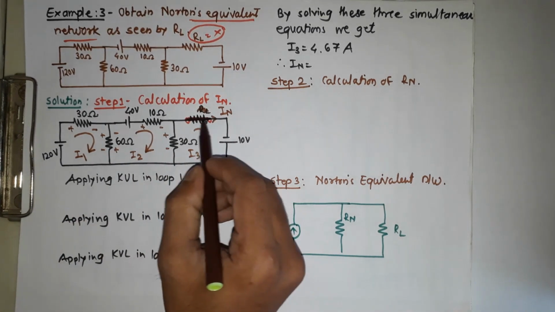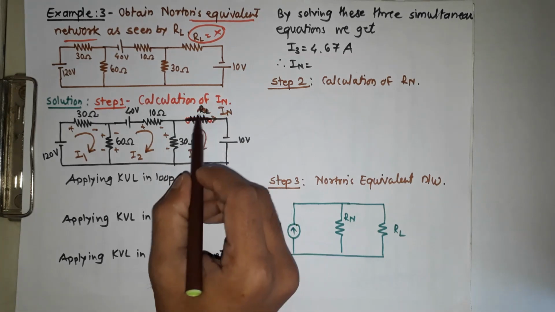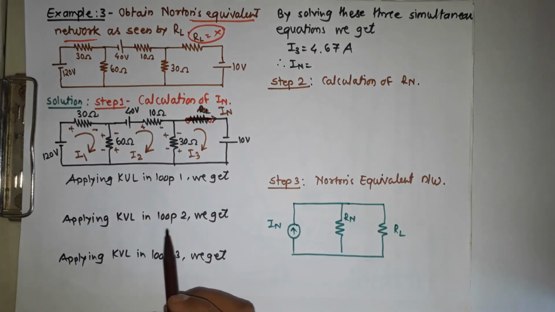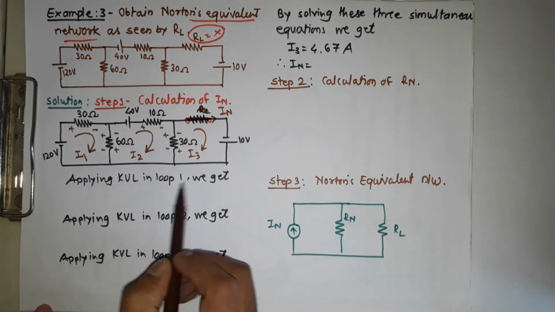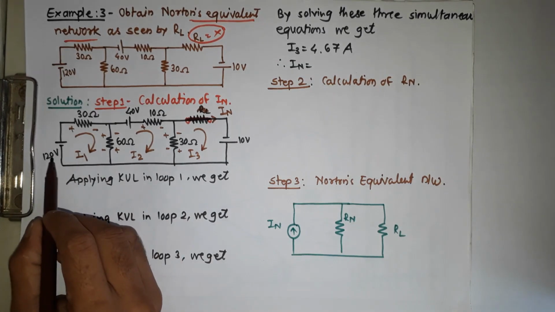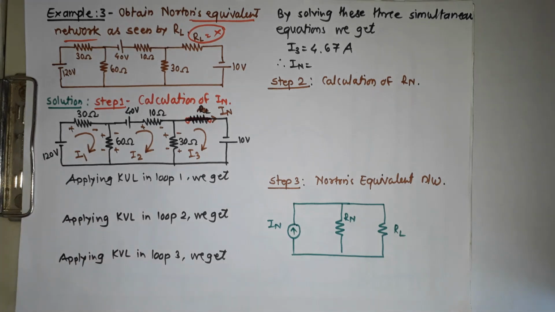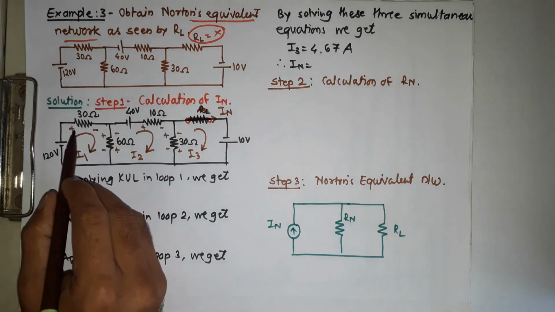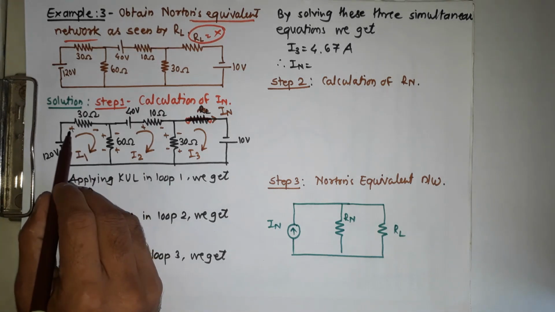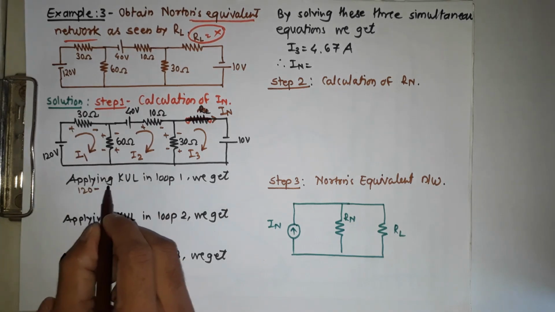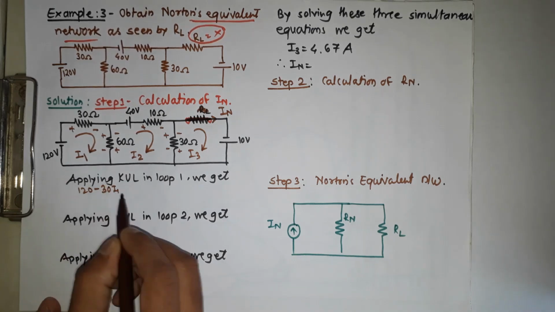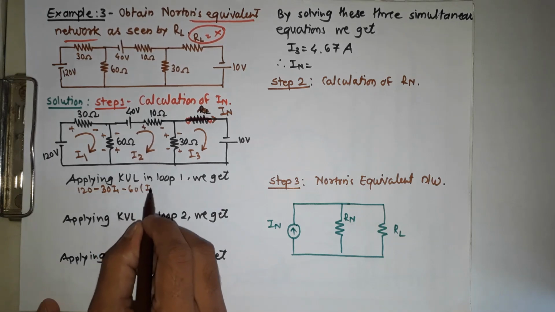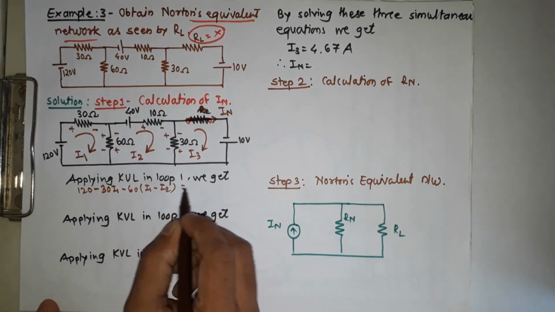Again, here there is no resistance, we short circuited here, remember that. Then for this resistance, plus 2 minus. So we are applying the KVL in the first loop. Suppose you are starting from the 120 volt first, then it will be 120. Then for this resistance, current flows from plus to minus, so it is minus 30 I1. For this 60 ohm, it is minus 60 (I1 minus I2) is equal to 0.